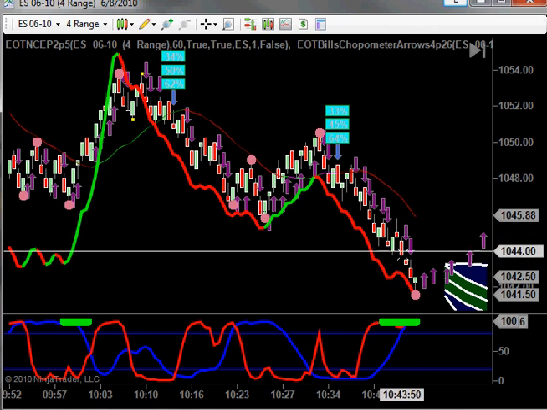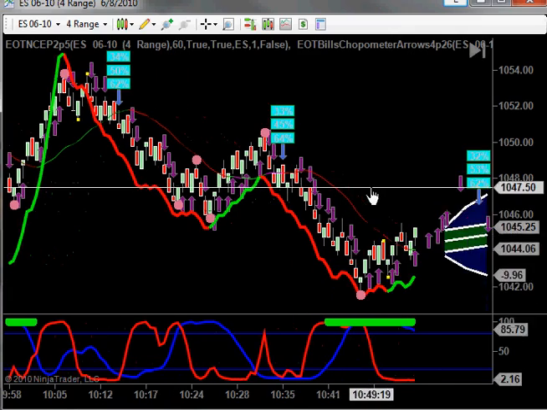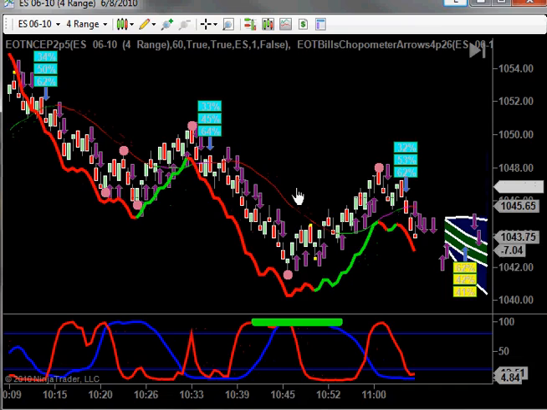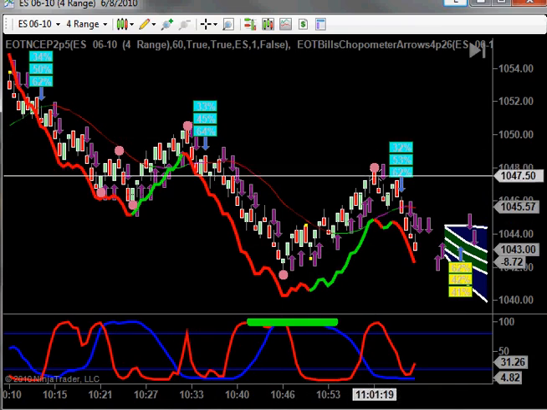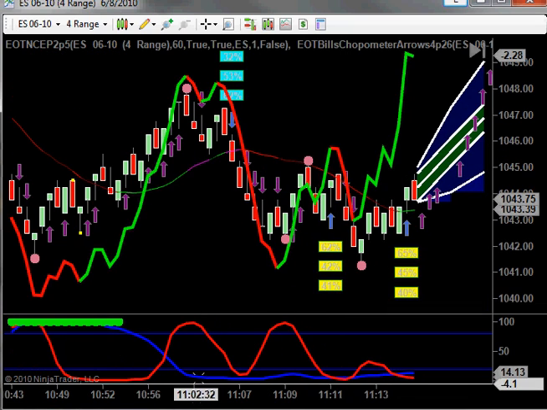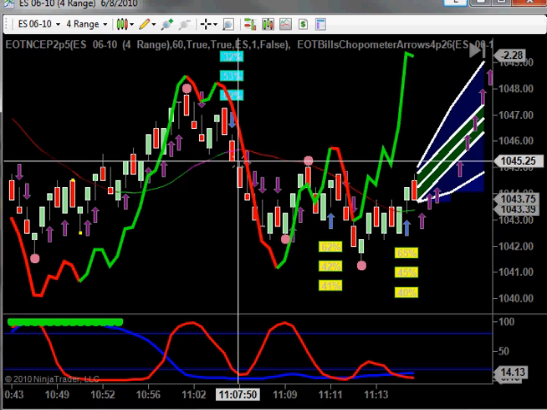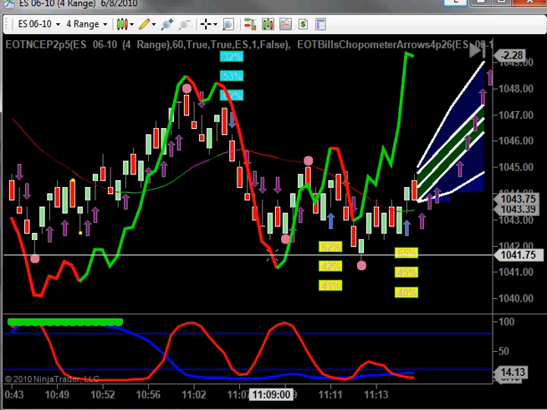So next thing we know, market comes back up. I didn't get filled on this trade because I put my order here and it just immediately went away from me, so I didn't even get filled, and that's okay. I would have been a small winner. Now if I was in this trade though, let's say I got filled right here, arrow, volume's pushing down, volume's starting to turn here, and at this point